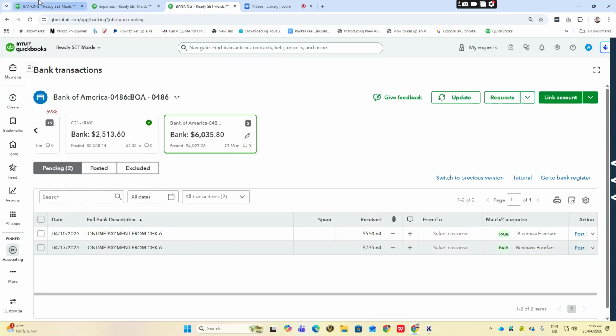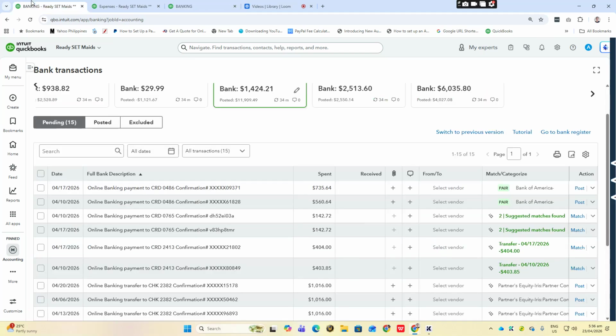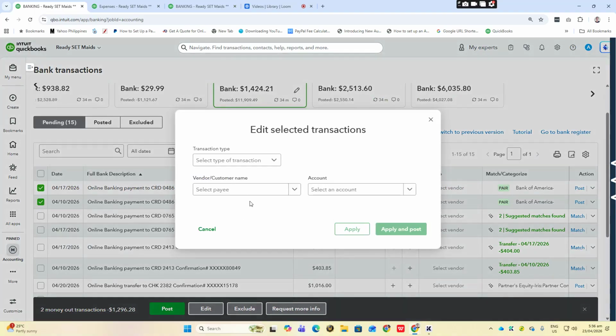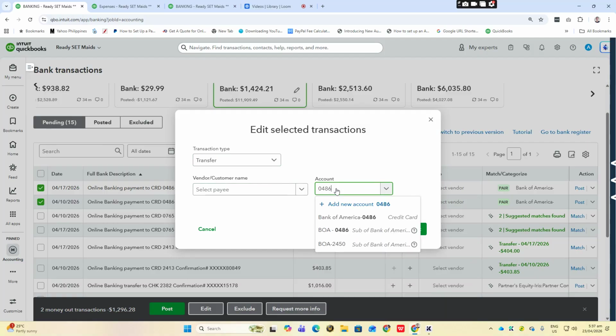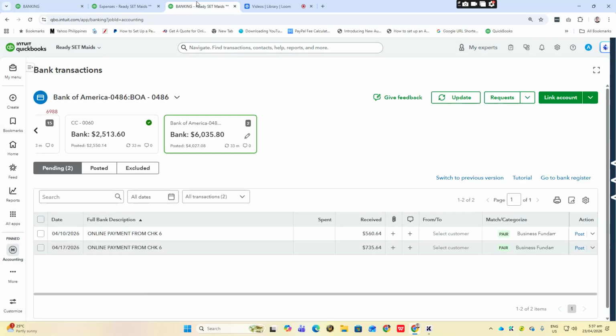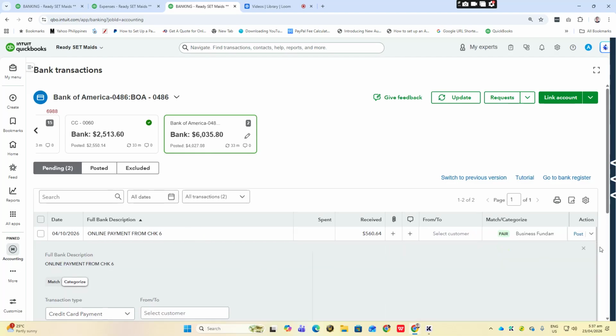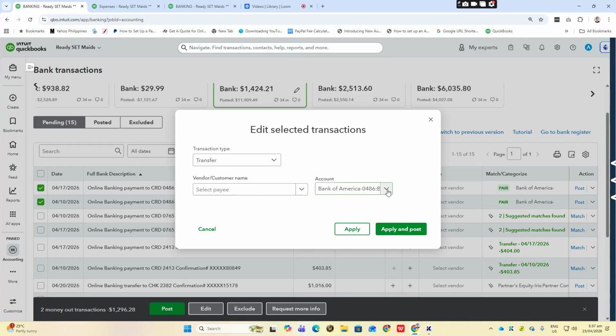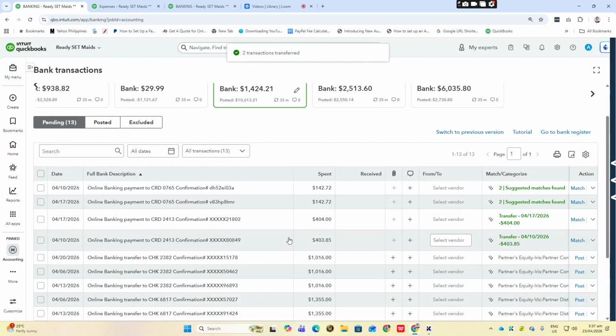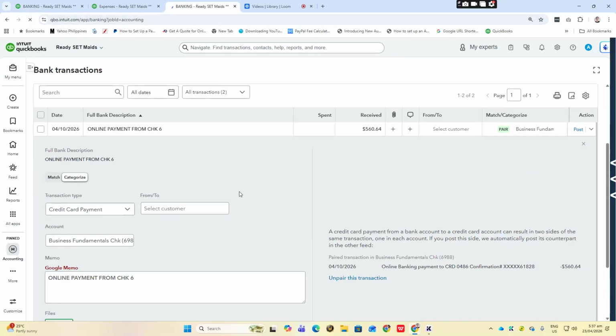So this is received under 486 and this is spent under 6988. Okay. So edit. Let's choose transfer. And then 486. Apply and post.